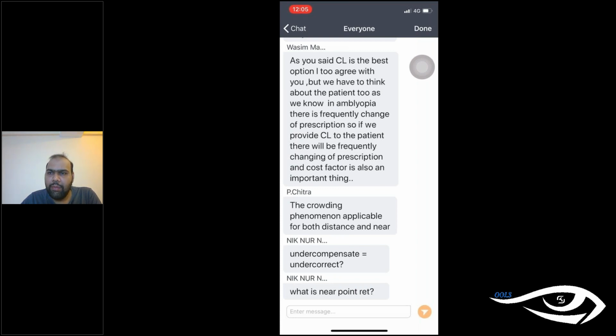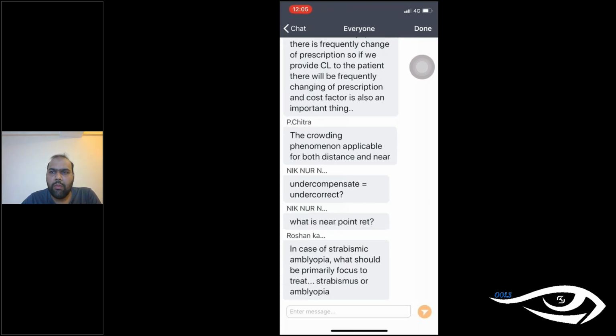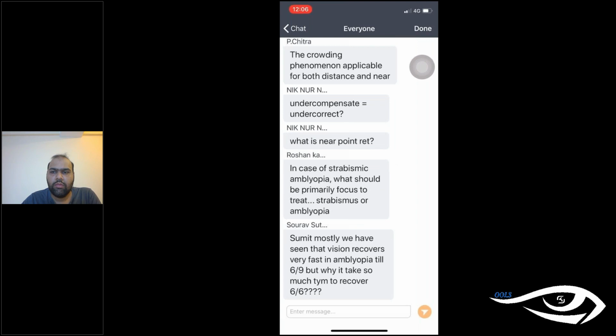Can you please explain in brief about Bruckner's test? In the Bruckner test, we first dilate the patient and put the ophthalmoscope light in the patient's eyes. We check for a brighter glow and a dull glow. The eye which has the brighter glow is the amblyopic eye, and the eye which has the dull glow is the non-amblyopic eye. That is one of the best tools to differentiate whether